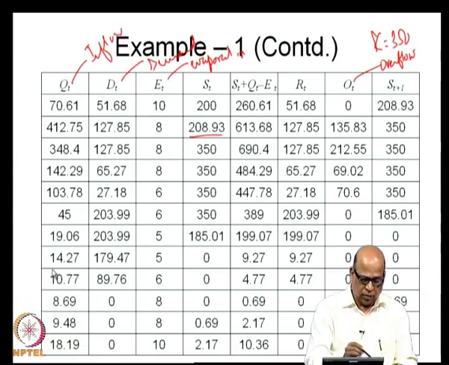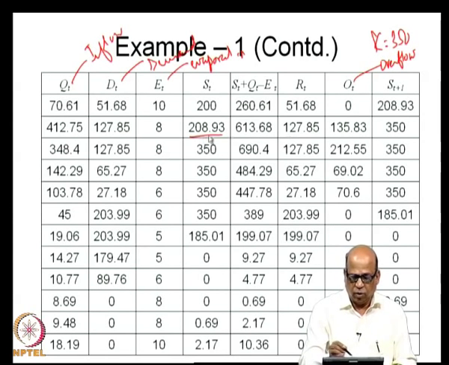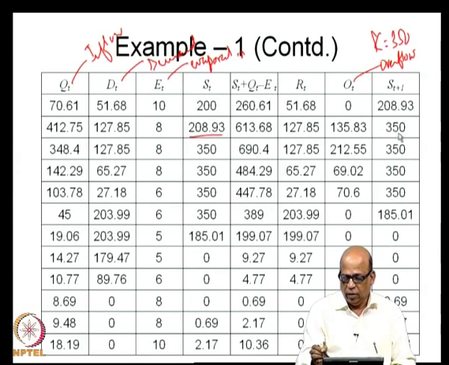So, make sure that you will get a capacity of 350 whenever there is an overflow, and the overflow is computed from the total water available after accounting for the evaporation minus the release that you have made. Whenever the water available is more than the demand, you make release equal to the demand itself. After making the release, you look at the water available and compare it with the capacity 350. If the water available after making the release is more than the capacity, that excess you account for as overflow, so that the end of the period storage will be equal to the capacity itself.